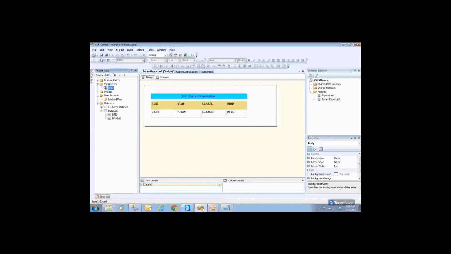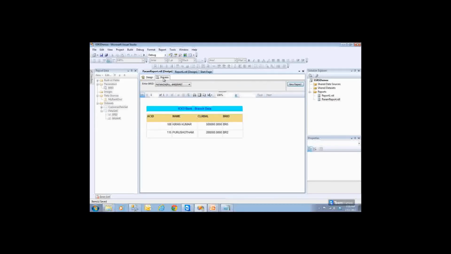So now let me save and preview the report. Now you will get different values like this. Instead of BR1, BR2, BR3, you're getting the names of the branches: Kondapur branch, Patancheru branch, Ameerpet branch, Panjagutta branch, Mehdipatnam branch. Like that, you should be able to create all of them. Okay, so drag this, you will get a list box. Now BR3 and BR5 are already default values, so these two are checked. If you don't want to check this, you can say Mehdipatnam branch. You click Mehdipatnam branch, the number will be given to you. So Mehdipatnam is branch number 7.